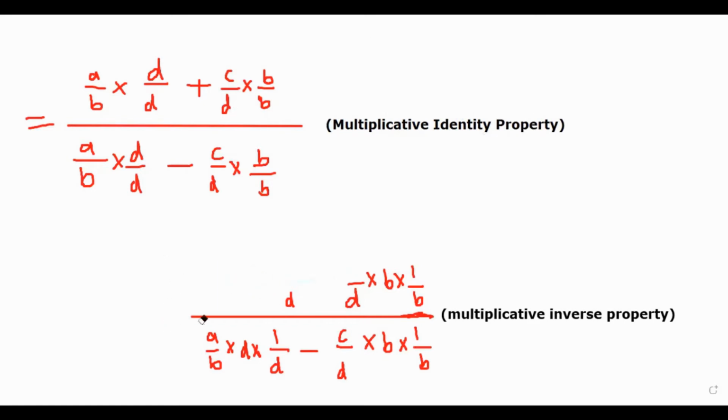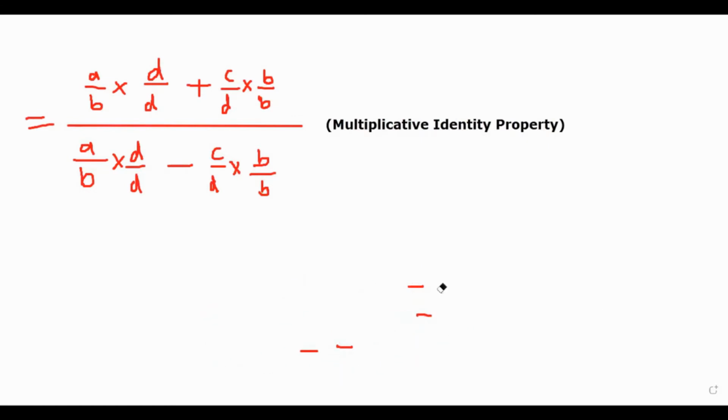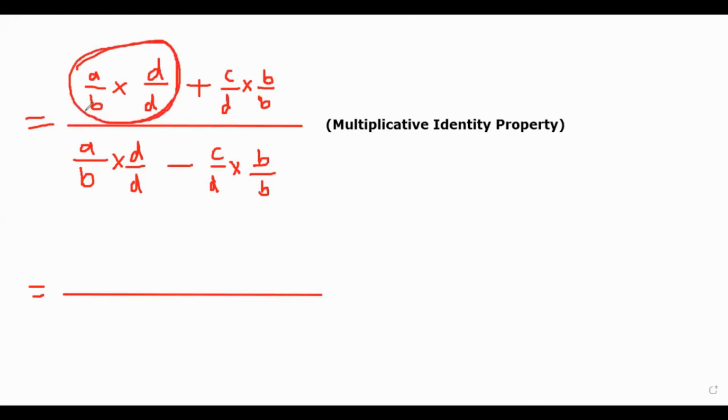Now again we have to do another process, and what is that process? In this process, you will be making certain arrangements. What are those arrangements? That in these two fractions which have been multiplied with each other, a by b multiplied to d by d, this can be written as AD divided by BD.